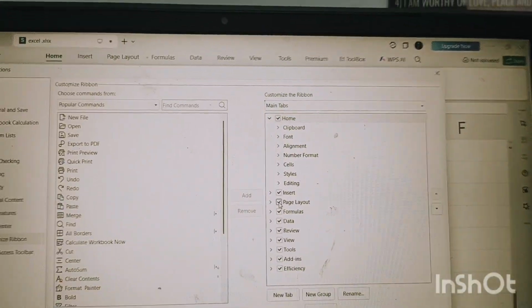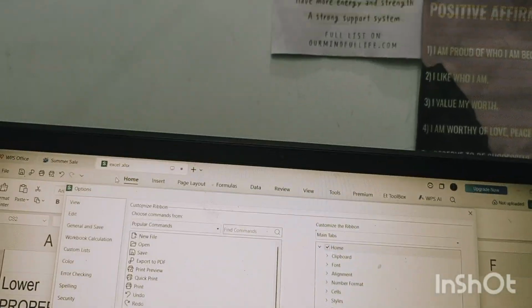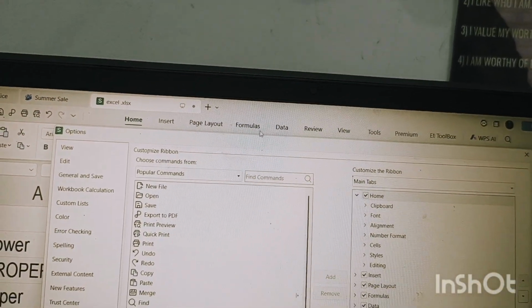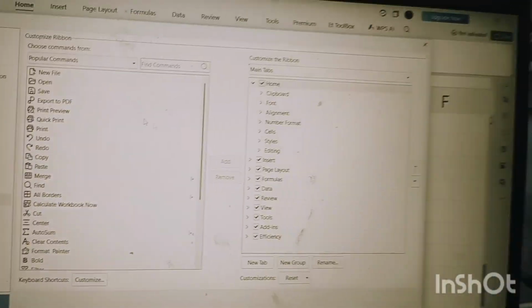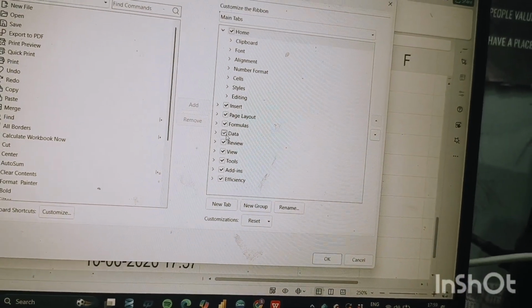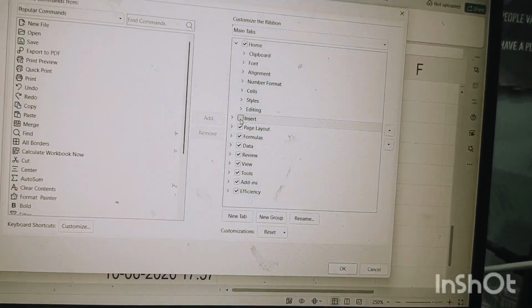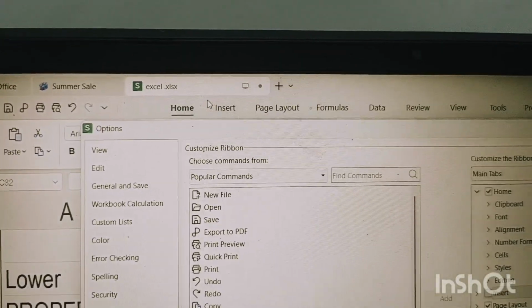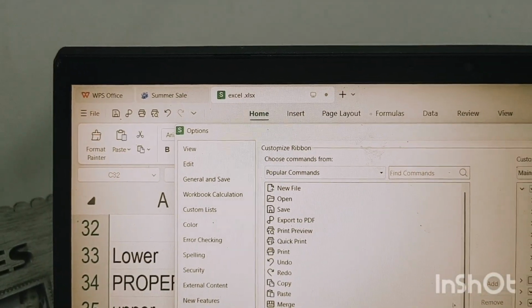If you want to remove something from the ribbon menu list, just click on it to uncheck it, and then Insert will not show. Here is Insert; after OK it will not show.